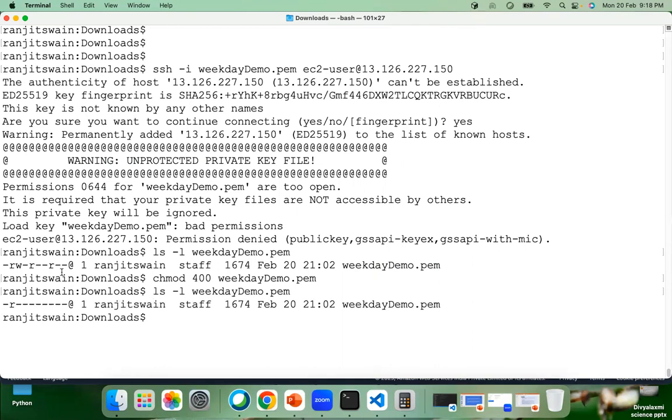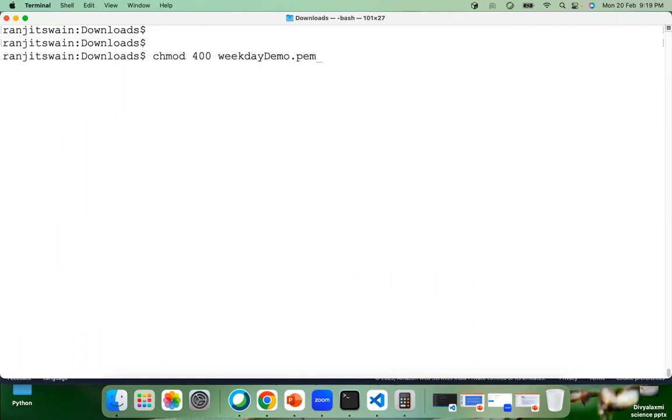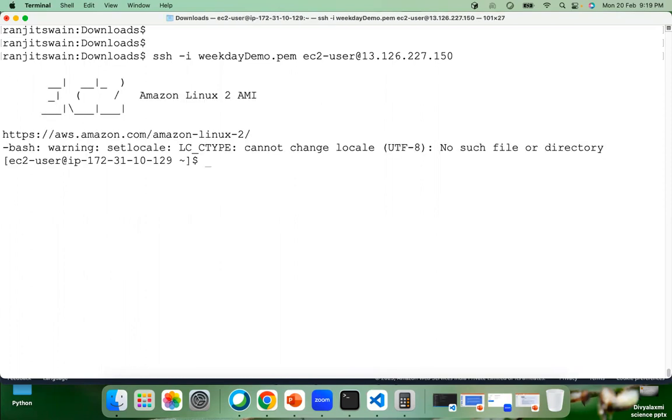So now you can see what the permission level is. Now I changed it to only read permission for the user. Ranjit Swami only can read this file. No one else can read this file because this is a very secure certificate file. If it is stolen, someone can use this file to log into your server and mishandle everything, right? So now if I run the same SSH command again with this certificate file, see, now we are